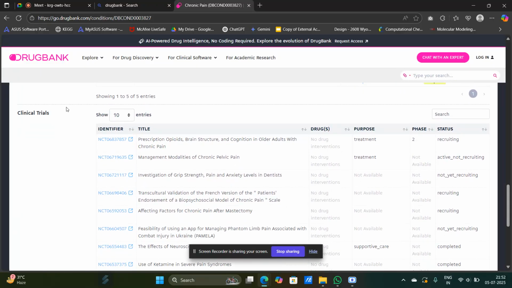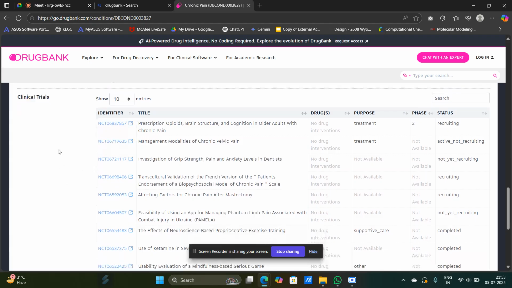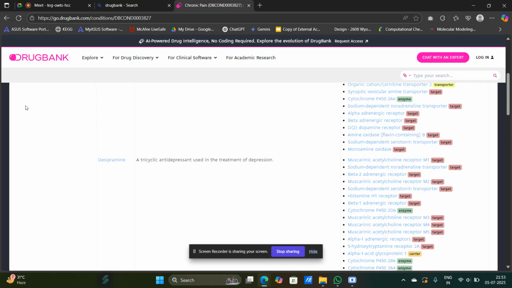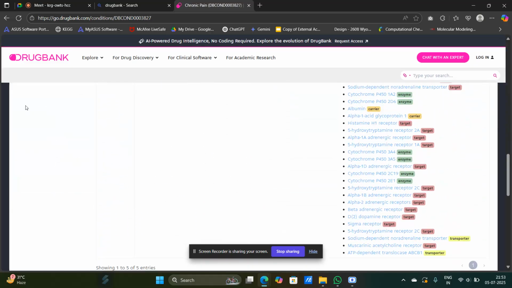And if you scroll down, there is a clinical trial section. Everyone got this clinical trials? Okay, now you have an identifier, which is nothing but an ID that is related to a particular clinical trial. And you have the title for the clinical trial. If the clinical trial is listed under a particular drug, that just means the clinical trial is related to that